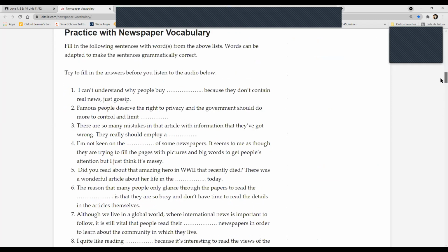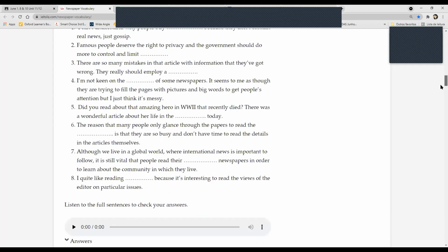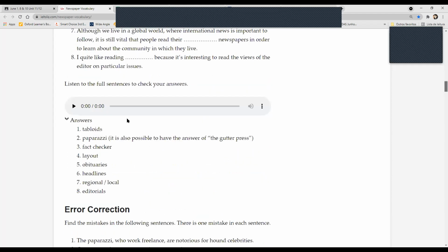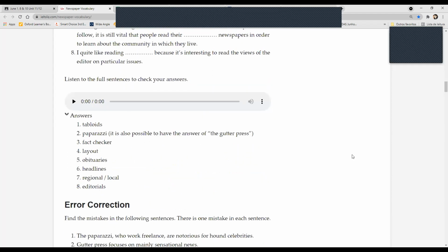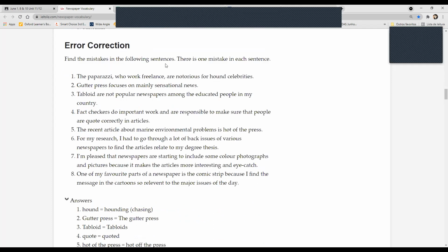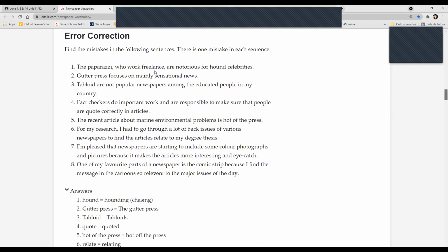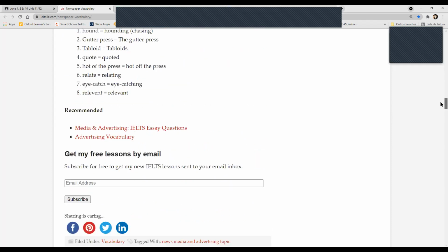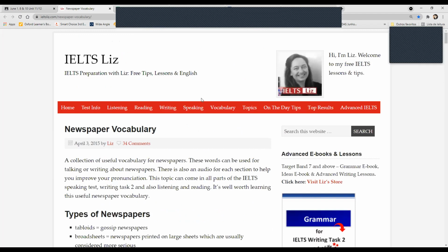And in the end, they have this exercise for you to complete, okay? Using the vocabulary above. So here you have the answers, okay? So this is a very nice site. I really like this. They even explain, right? So here, this is another exercise here, and it's really amazing. Okay, guys, so it's a nice site for you to check for